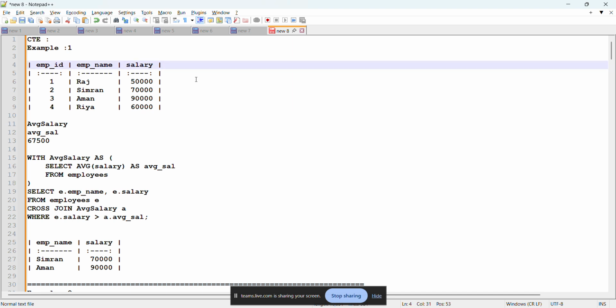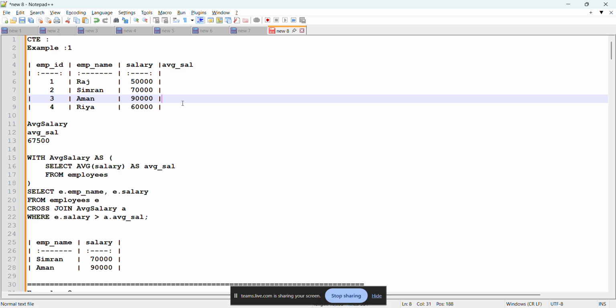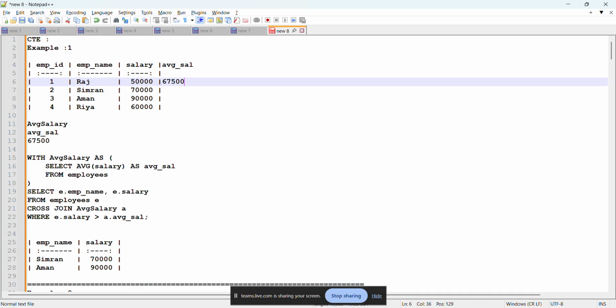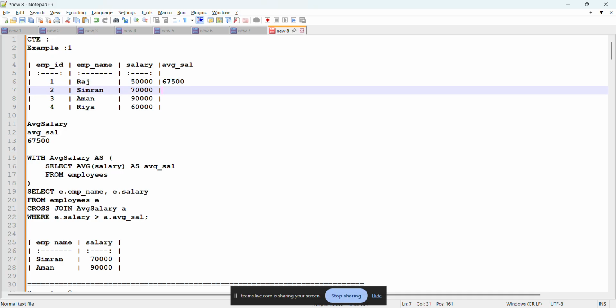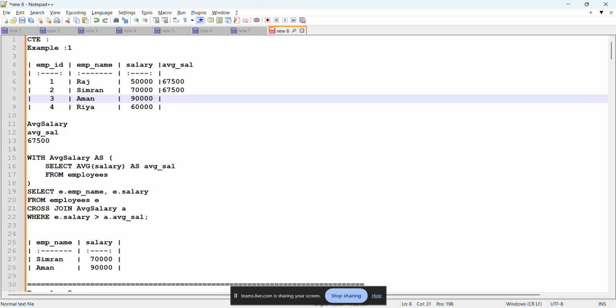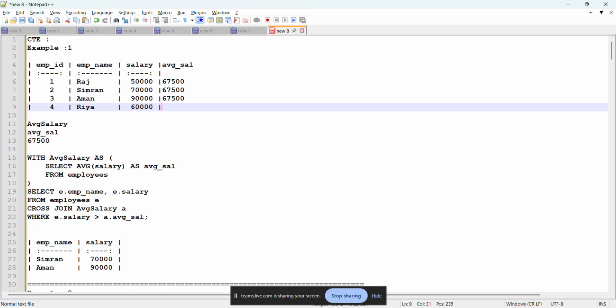name of the column is average sal. And what are the values in this? We need four values, right? And those four values are 67,500 only. This is the output of the Cartesian product, I mean this cross join. Cartesian product. It is nothing but Cartesian product. Cross join means, if a single value is there, it will give